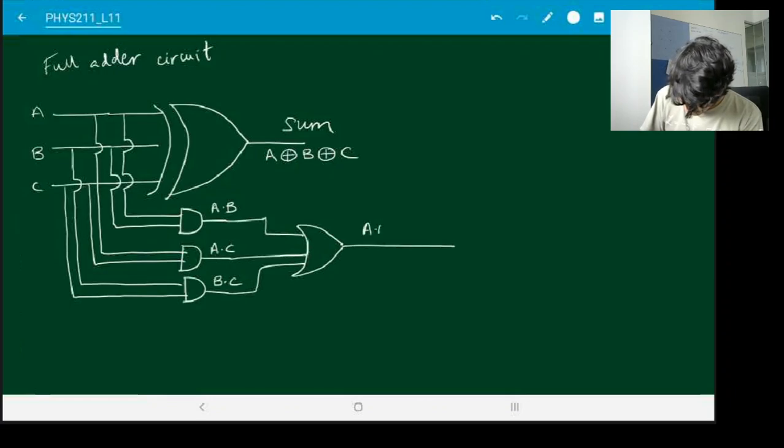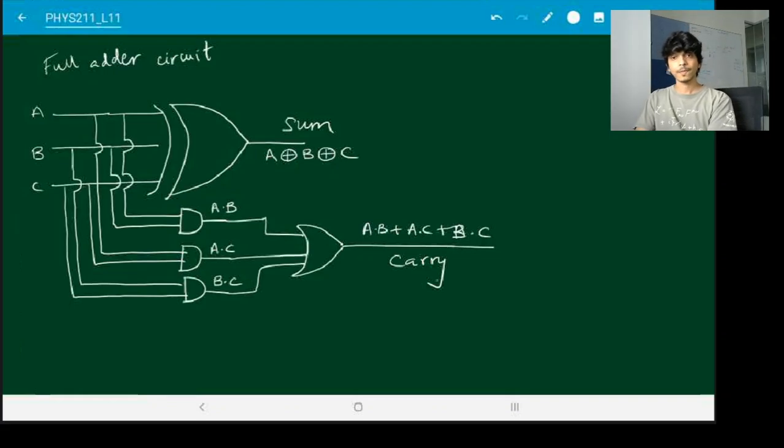So this is this or this or this, and this is the carry bit. So this is your circuit for a full adder. So in general, if you have any two numbers, you can send it bit by bit into this circuit.